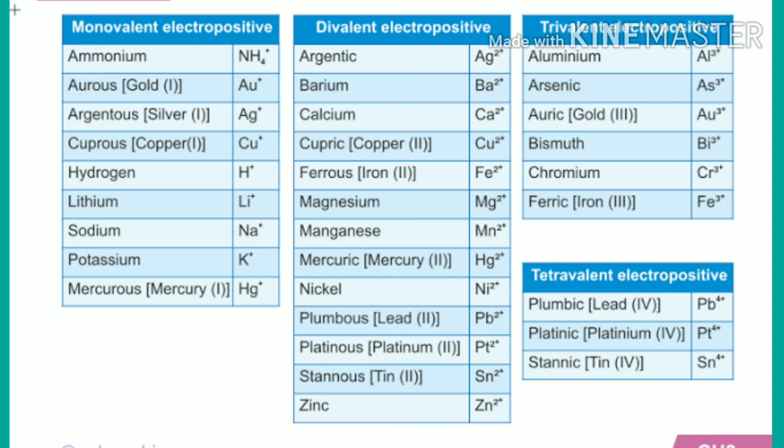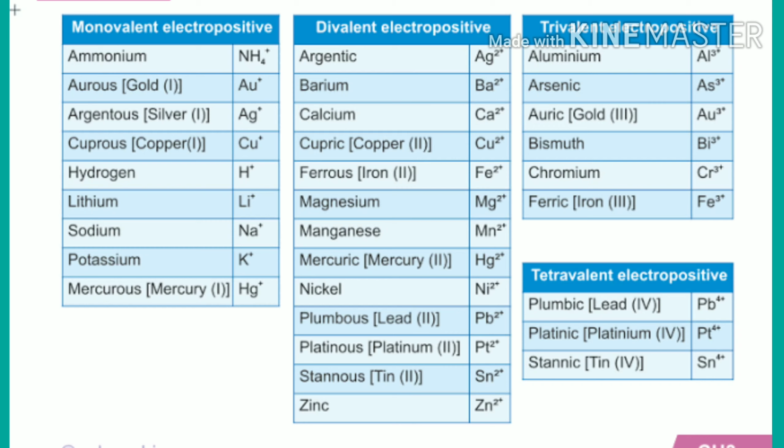It consists of 2 atoms. Nitrogen, N2. That means it consists of 2 nitrogen atoms. Oxygen O2. That means it consists of two oxygen atoms. After the symbol, in the subscript, you write the atomicity. That means the 2 you write in the subscript of the symbol. And these are known as divalent elements. You can see from the table some examples of divalent elements.